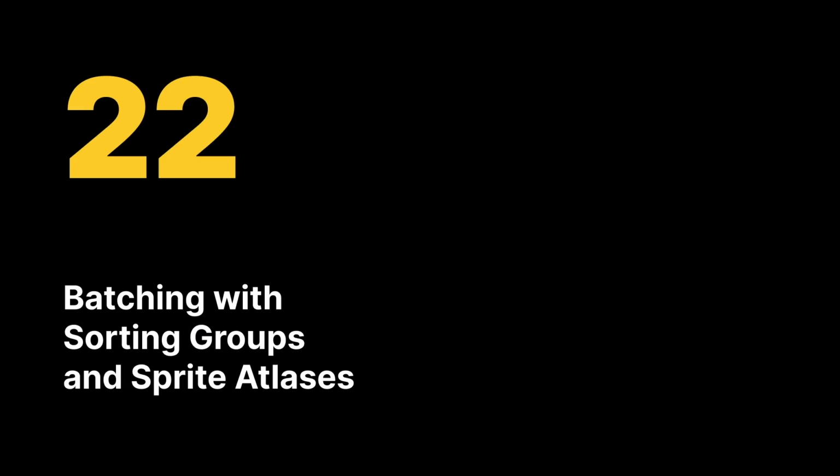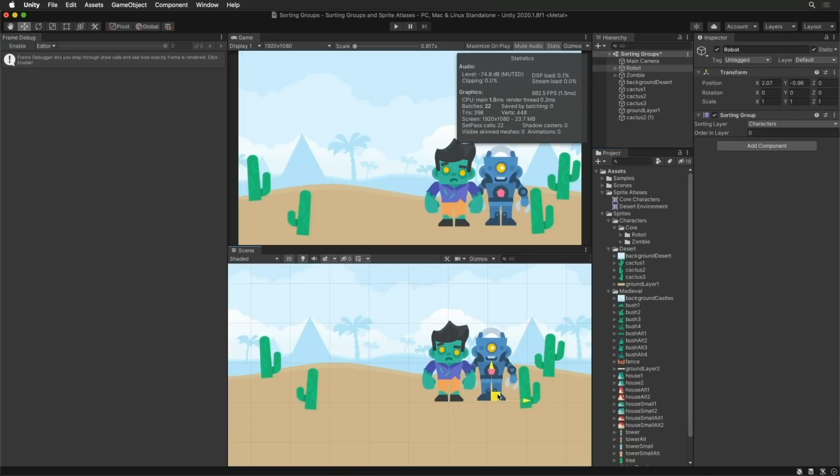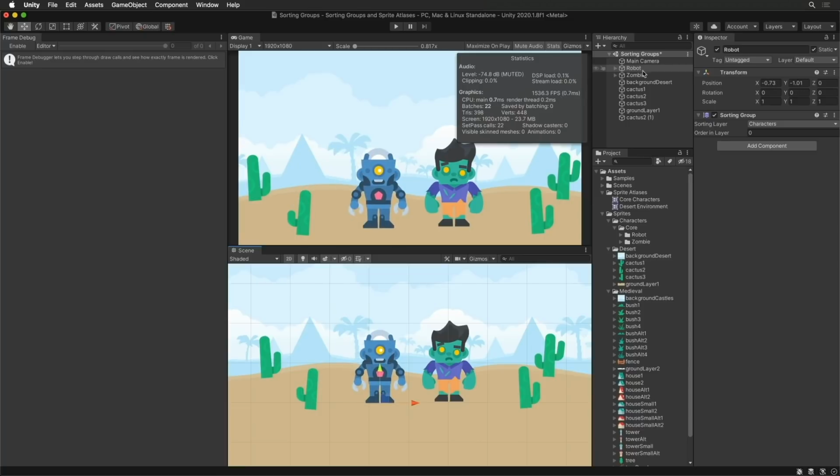Let's look at an example that uses axis distance sort, sorting groups, and Sprite Atlases together to get a scene that is easy to work with and efficient to render. In this project, we are using axis distance sort to sort sprites along the y-axis. Each character has a sorting group at the root level,